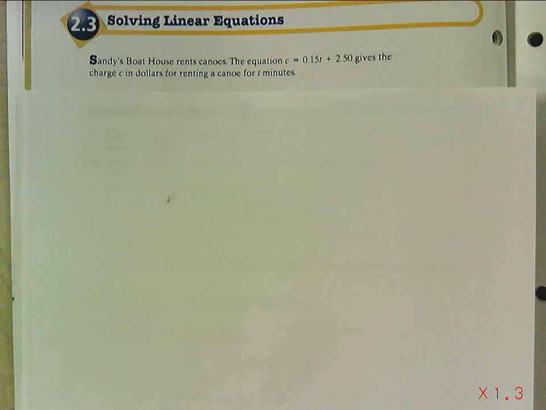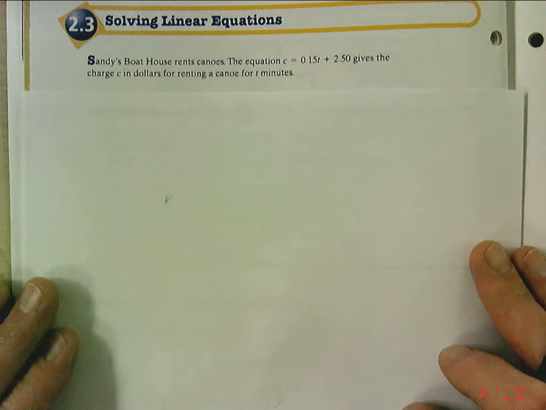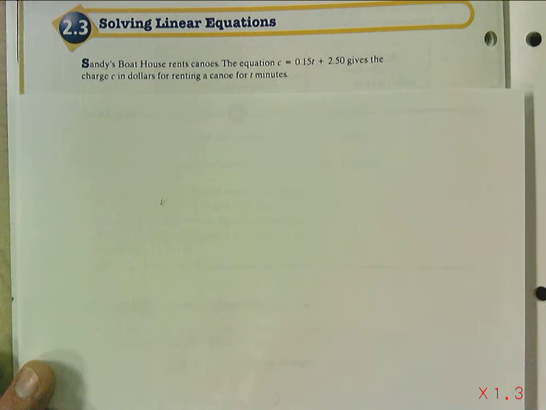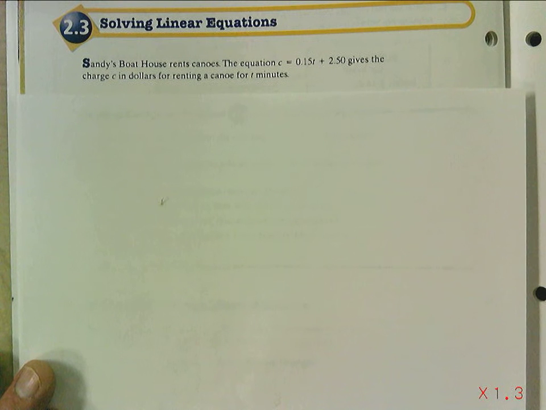So today we're going to look at problem 2.3 from Thinking with Math Models book, and we're talking about solving linear equations, which we've done lots of practice with in lots of different ways. But today we're going to look at a specific problem called Sandy's Boathouse, and it rents canoes, and we're given